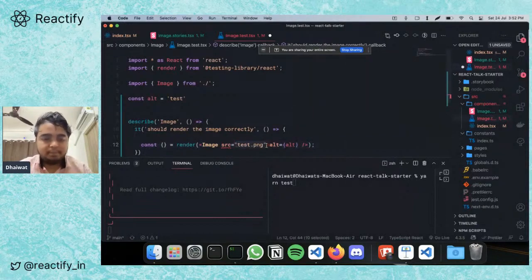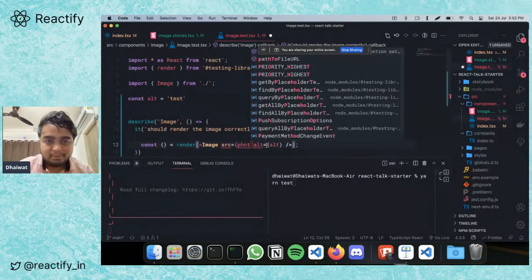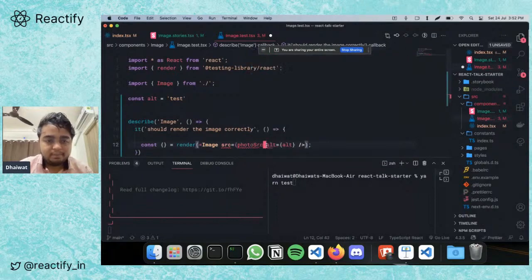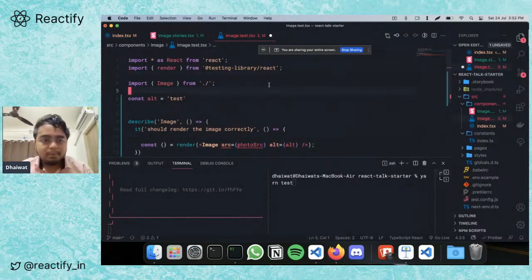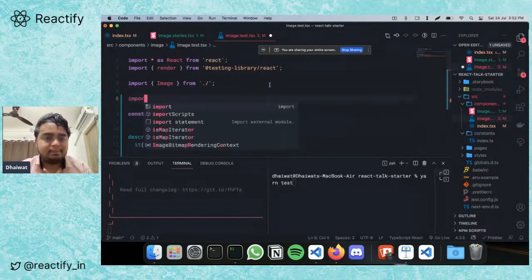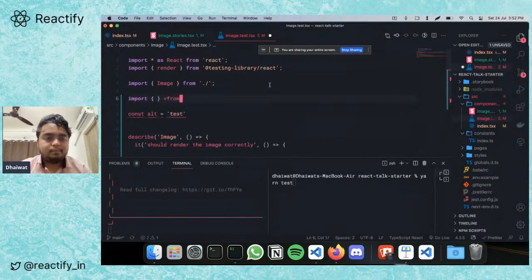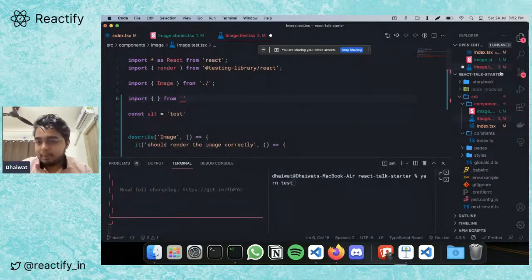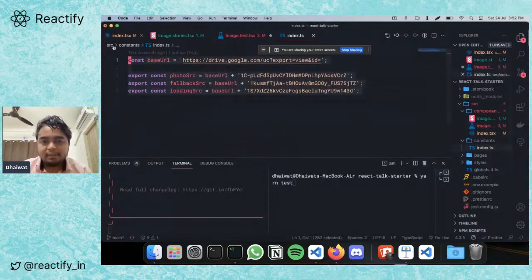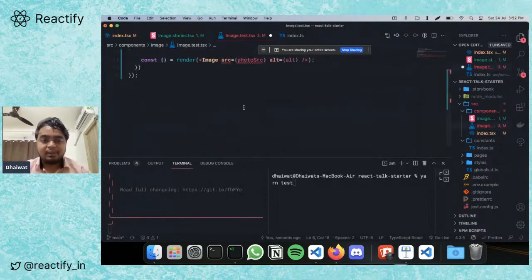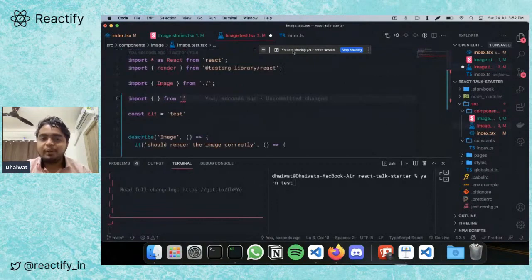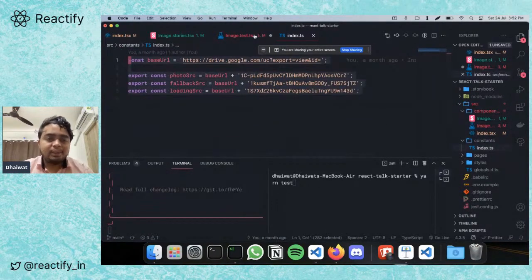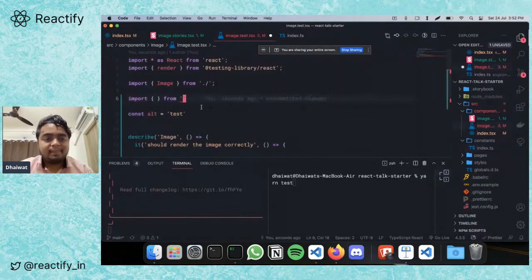And not test.png. We don't want to throw an error. I have to import the photos SRC. By the way, I'm importing the SRC from this file because that's the only way I can show you that there is something loading. Because if I use local images, it will just instantly load and there will be no point.